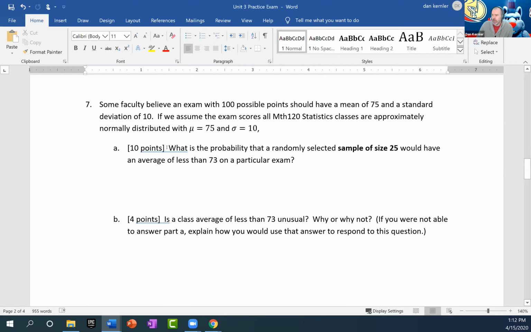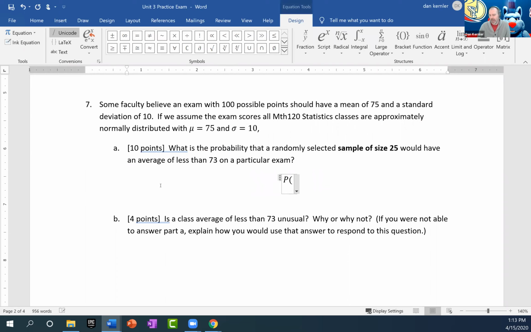So the question here, and how you know it's a chapter 8 question, is the bold part. What is the probability that a randomly selected sample of size 25 would have an average of less than 73 on a particular exam? So this is a probability question, but we're finding the probability that a sample mean is less than 73. So from chapter 8, we know that,